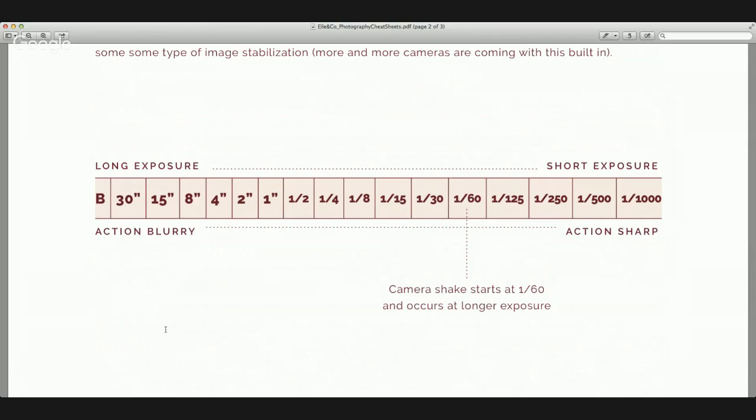Right. So in terms of action too, when it says action blurry and action sharp, will you explain how the shutter affects things in motion? If a kid is running with a soccer ball, how does shutter speed affect that? So basically, when the shutter is open for a long time, it can record motion. Even when you're taking a photo with your camera, if your shutter is open for 5 seconds, then it can easily record that tiny shake from your hand as well. But if it's open for just a fraction of a second, it doesn't record motion.